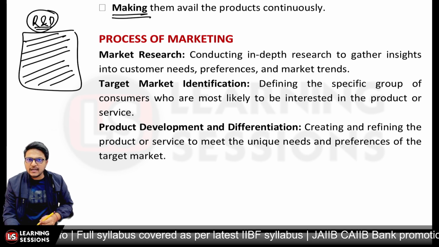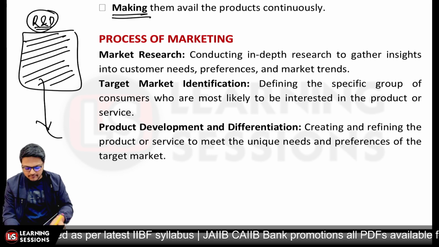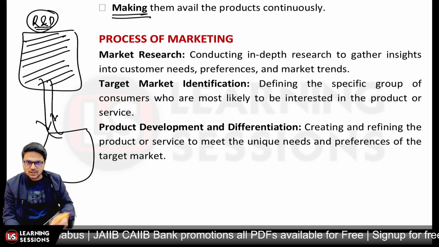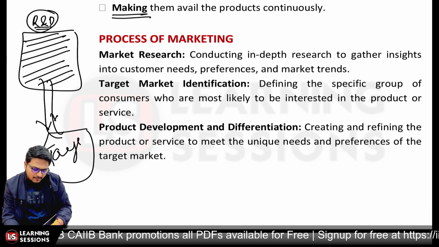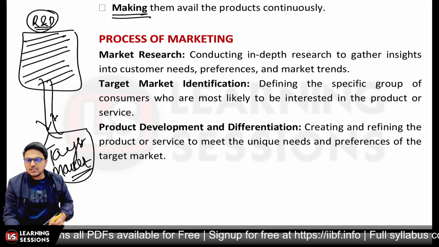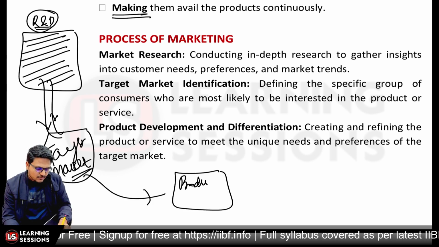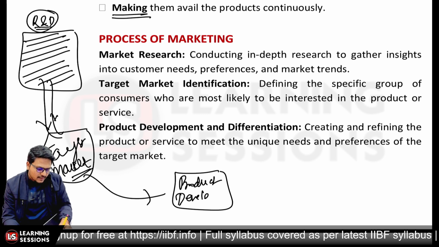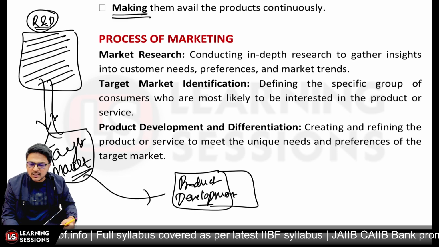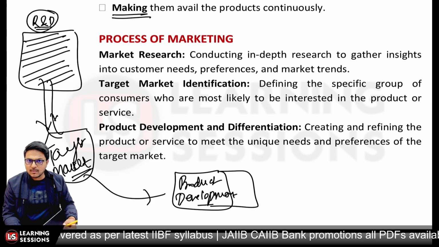Now after that, we need to define the total target market. After the research we have made, on what the preferences are, we will be identifying that particular market which matches the research we have made so far. We need to target a particular market over there, and based upon that we need to develop a new product. Further after that, it's related to product development, that we need to develop a product, and how our product is unique and different from other products, and what problems it is solving,